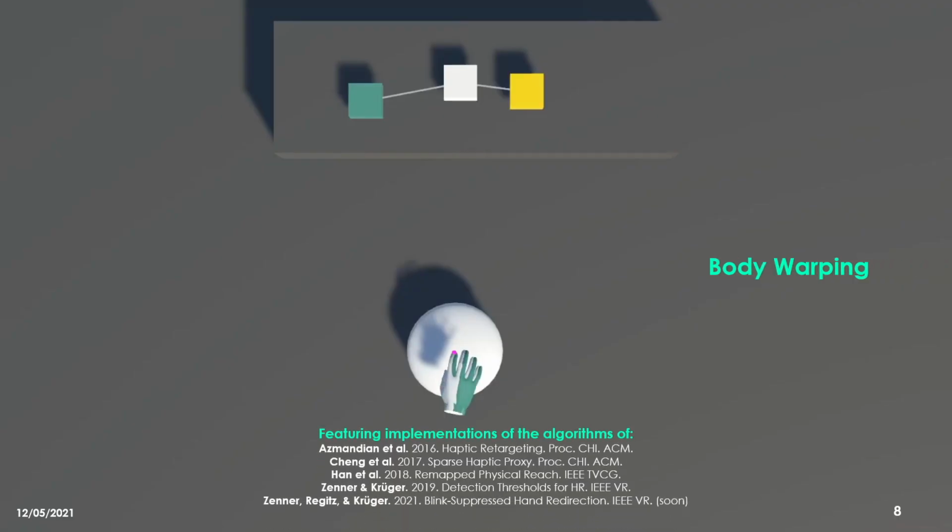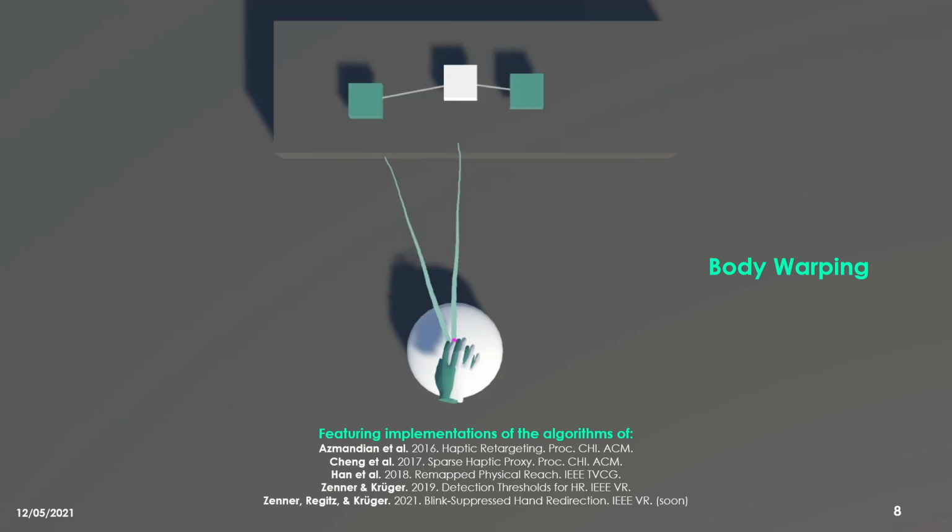Alternatively, users can also use one of the many reference implementations of algorithms published by previous research. Each pre-implemented technique is represented by their own script and ships with the Unity package. The toolkit supports a variety of different hand redirection concepts and offers implementations of several previously published body warping techniques, which offset the user's virtual hand rendering from the tracked physical hand location during a reach as shown here in